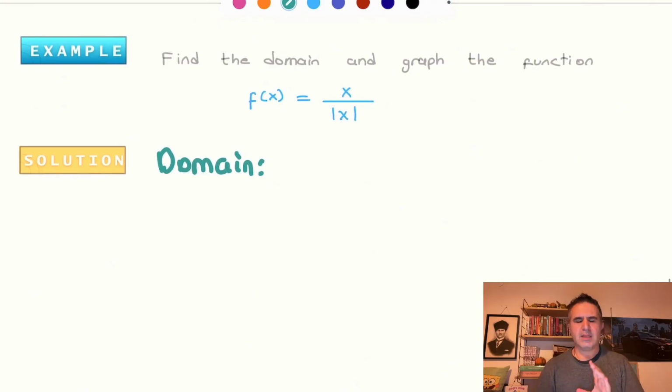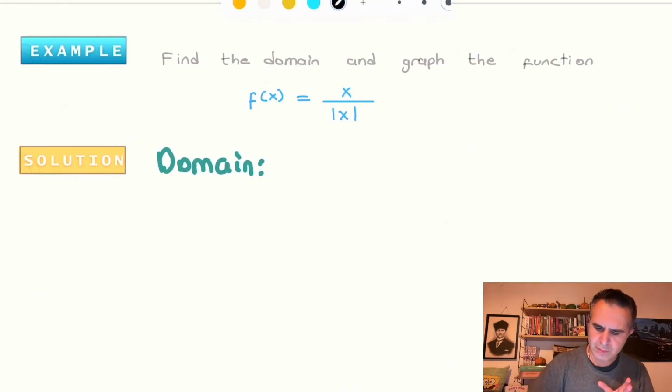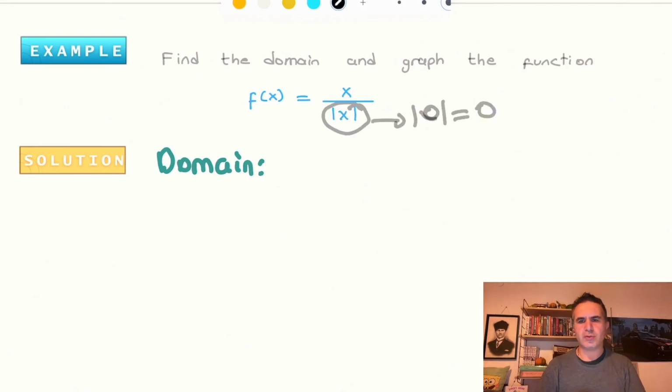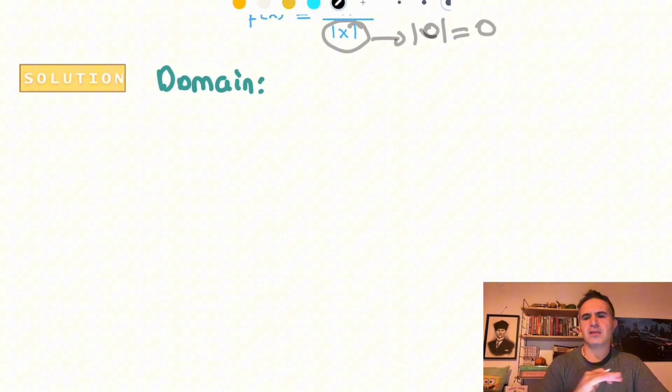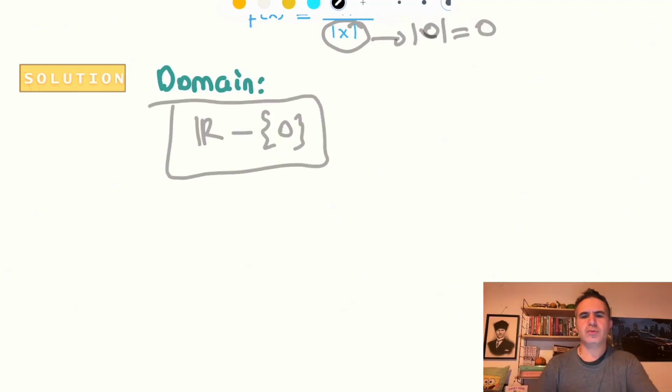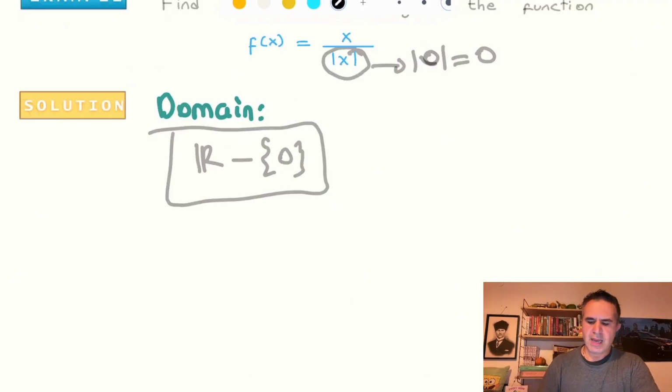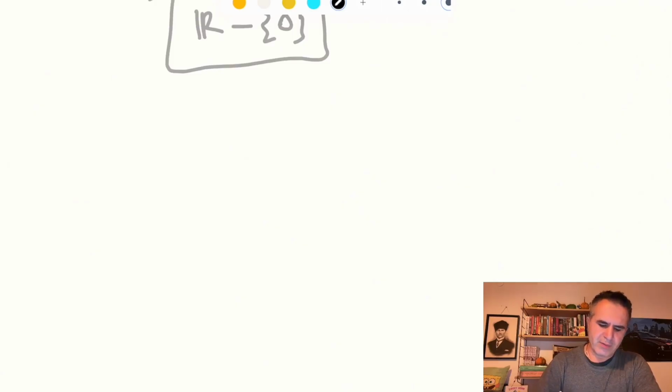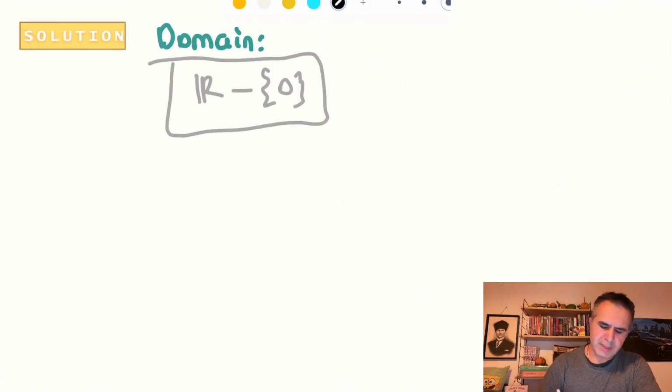The reason is that absolute value of 0 is equal to 0 and division by 0 is undefined. So the domain of this function is not all real numbers. We can say that it is all real numbers except 0. So this is our domain for this function. And to graph the function, you see